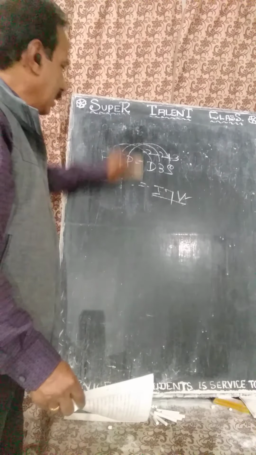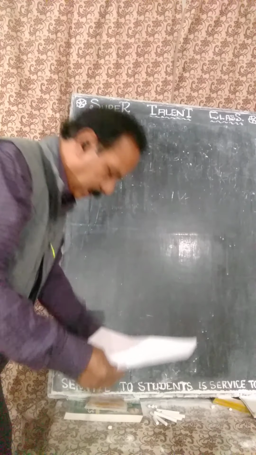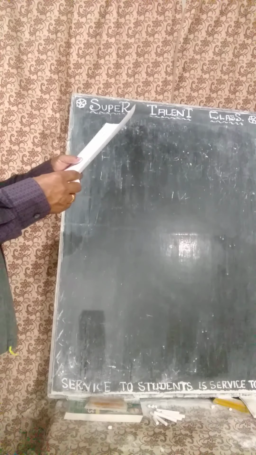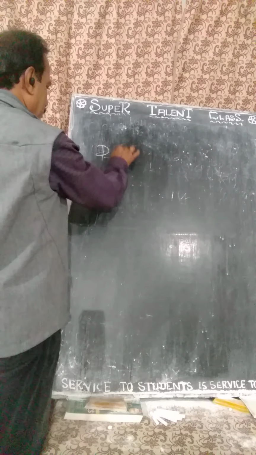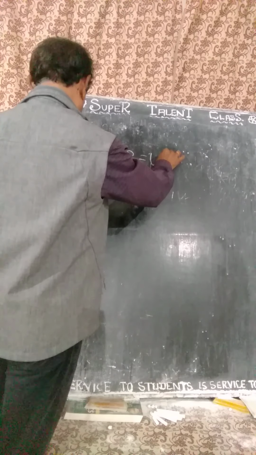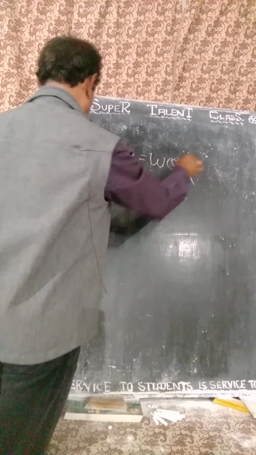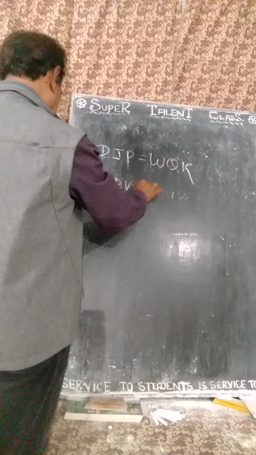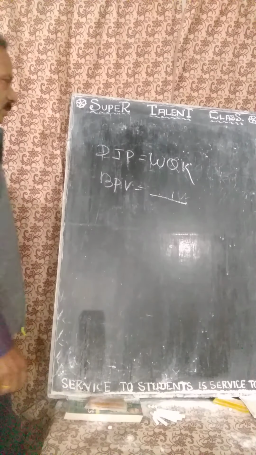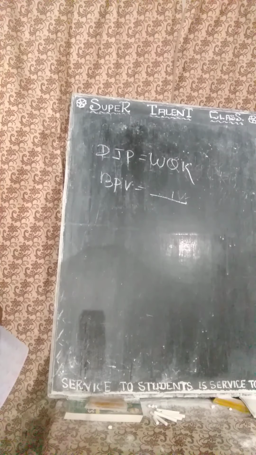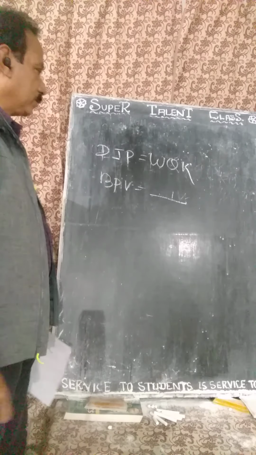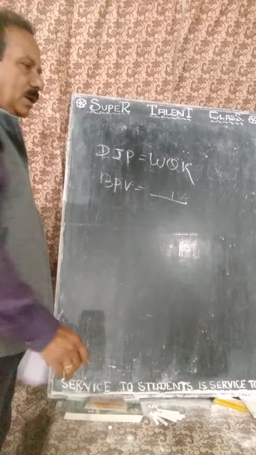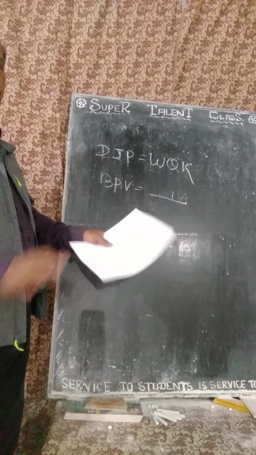So that is the analogy. The analogy is a little difficult. Suppose DJPWQK. I'm giving you something a little important. DJPWQK. Then BPV is equal to dash. This logic is difficult, you see. But it is coming often. D to W, it will go on adding and subtracting, it will not tell.